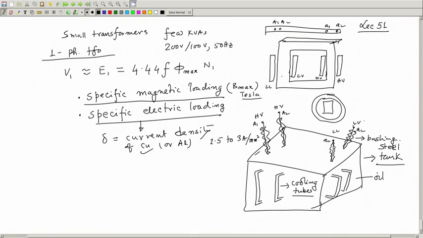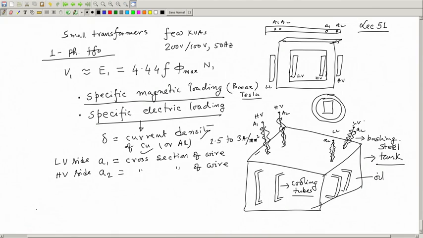And I told you on the LV side, the section of the coil is A1. So, LV side A1 equals the cross section of the wire which makes the coils. Similarly, A2 suppose is the cross section of the wire on the HV side, whatever it is, this could also be LV HV reversed, but A1 this.